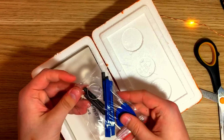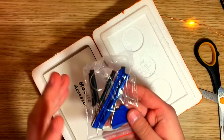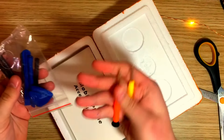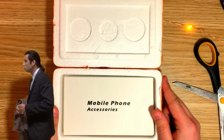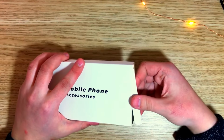Okay. Oh, it comes with the... These are the worst tools ever. Please don't use these. Get proper ones like these. These aren't even that expensive, and they are so much better than whatever these are. Mobile phone accessories. So, which company did I buy this from? Okay, so